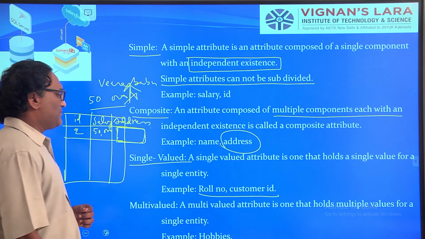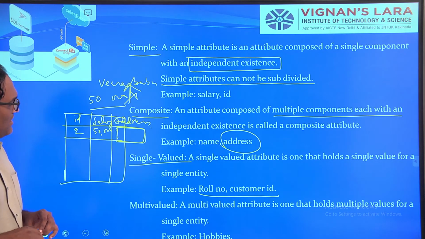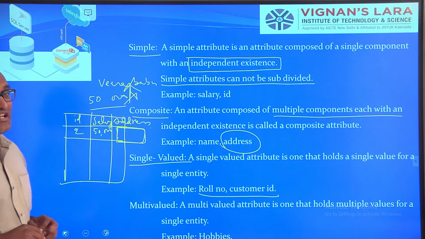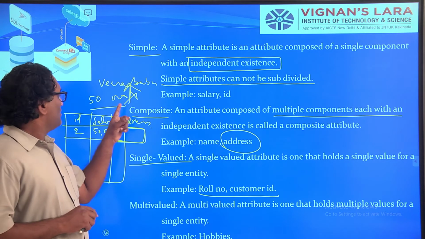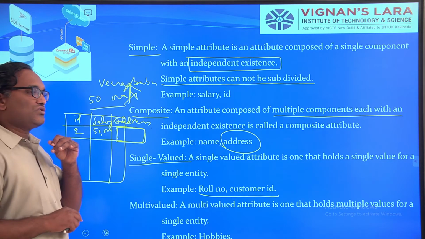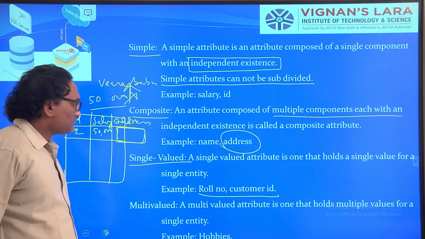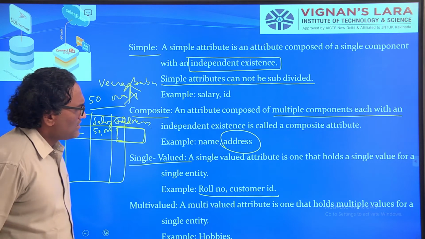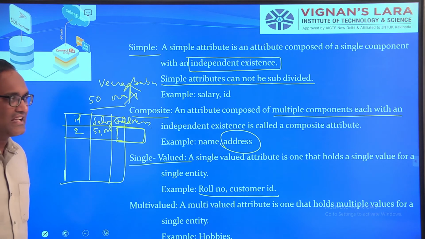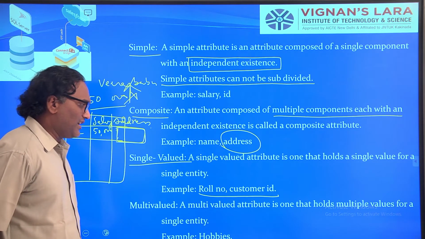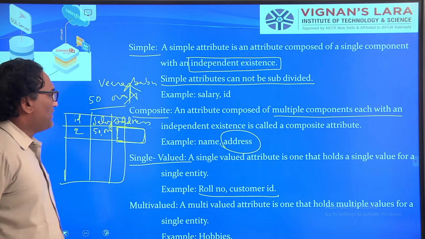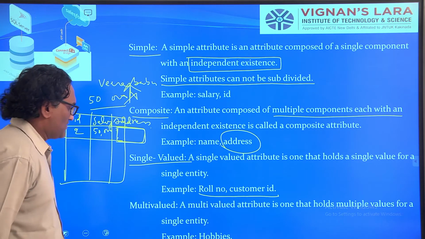So, multi-valued attribute. Can you please tell me an example of an attribute which can have multiple values in it? For example, hobbies. One can have hobbies like playing cricket, reading books. If you want to write cricket, books in one column, that is also possible.